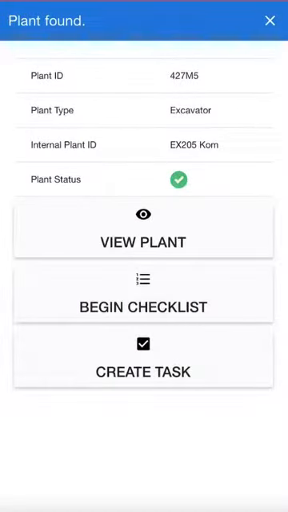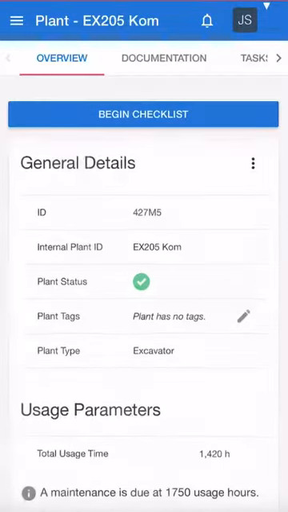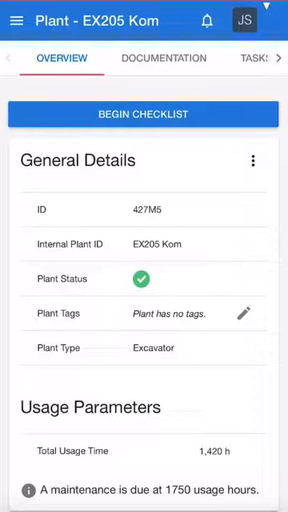And this is going to open up to that plant's page, and there's a few things that you can do here straight away. View plant, begin checklist, or create a task. Let's view that plant's details. And what this does is open to that plant's overview page, and this is where you can manage that plant,